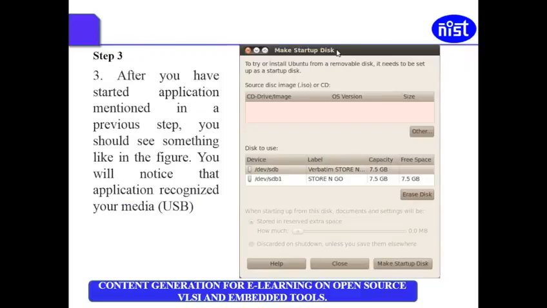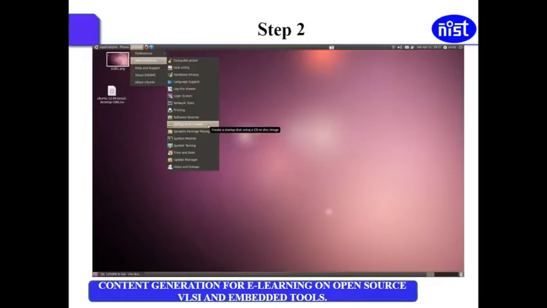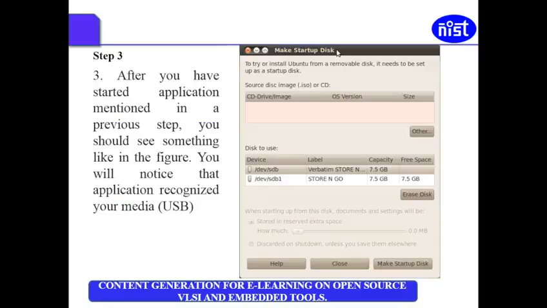After you have started the application mentioned in the previous step, you should see something like in the figure. If you don't see it, then you need to check. You will notice that the application recognizes a USB. Next, you make the startup disk.